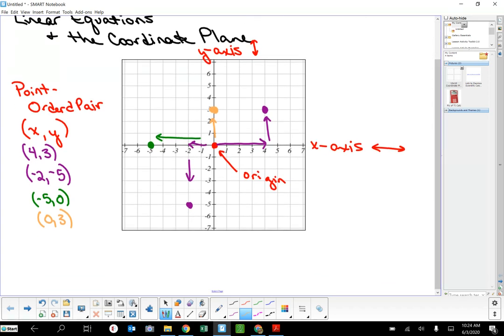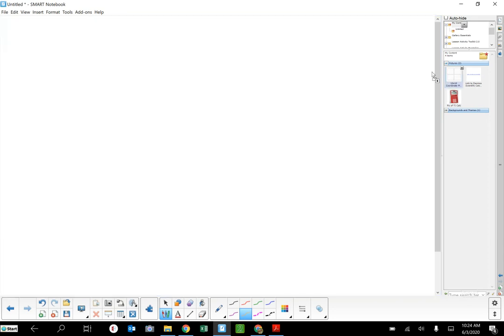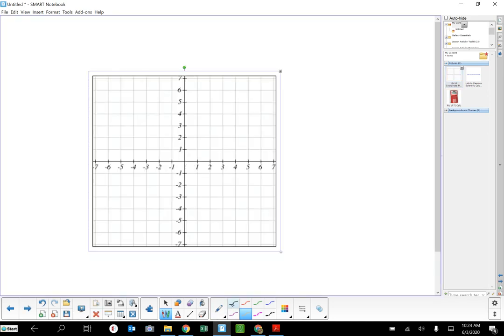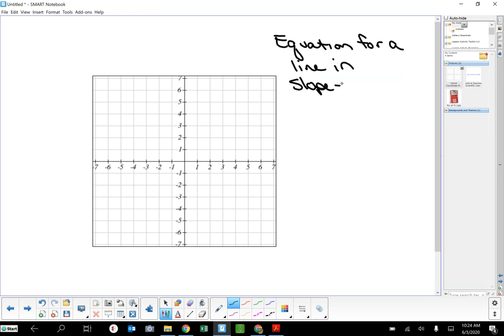Also, just a really quick review. Let's go to another screen. Draw yourself another little coordinate plane. So really quick review of the equation for a line in slope-intercept form is y equals mx plus b,